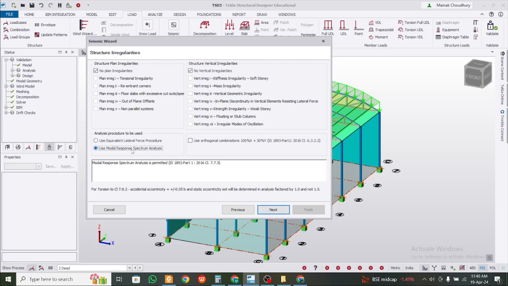So we're going to go with response spectrum analysis here. No plan irregularities here, so I can use orthogonal combinations. Response spectrum analysis is permitted, and orthogonal combinations are permitted here. Check out Clause 6.3.3.2. If your building lies in seismic zone 4 and 5, then you compulsorily have to go with these orthogonal load